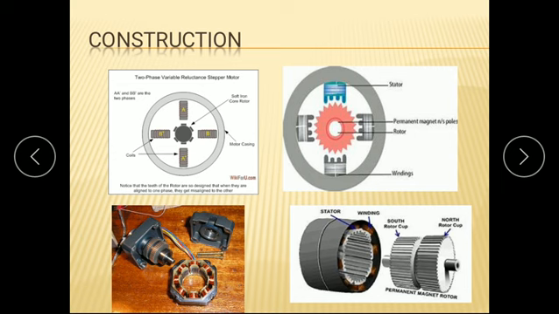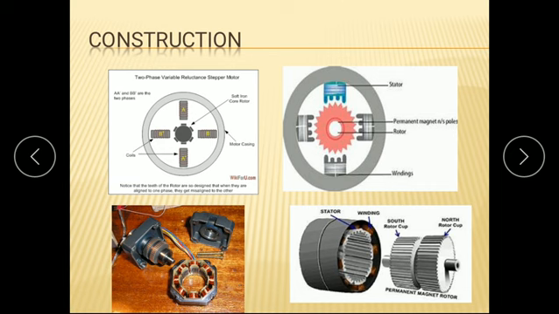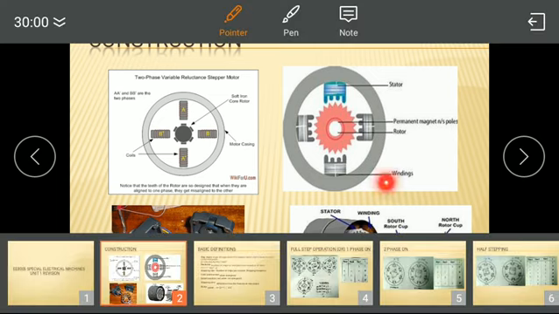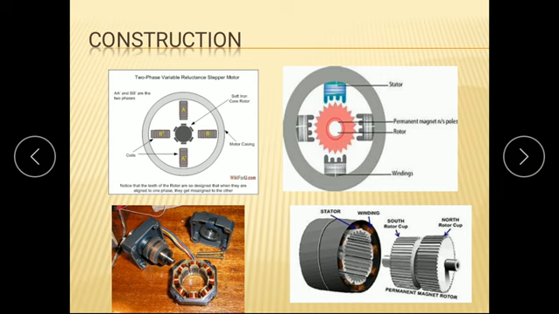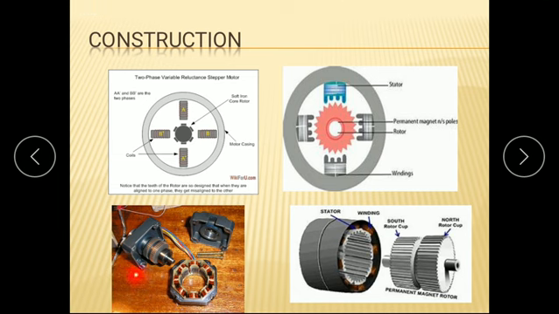The permanent magnet material is located on the axis of the rotor, and both sides of the axis are covered by ferromagnetic material, that is the south rotor cup and north rotor cup. These two represent ferromagnetic material, and the stator is of stack type, but the construction is similar. This is a practical stepper motor available in the market. This is a hybrid stepper motor type. From the rotor itself you can understand it is a hybrid stepper motor type.